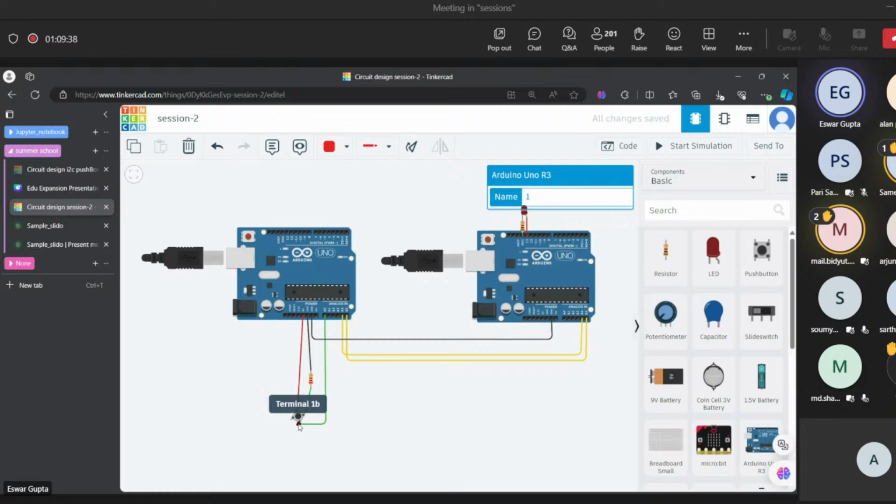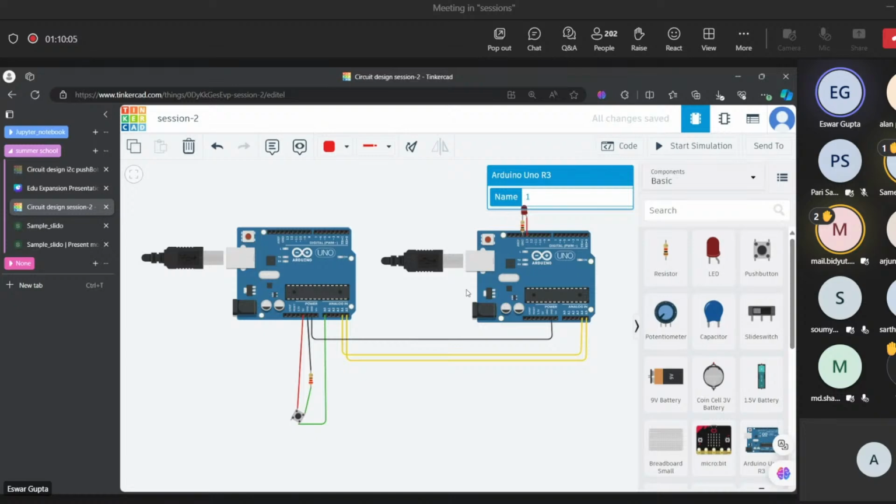So I'm using this terminal 1B and transferring the data to A0. This is what the push button does. Okay. And after that, I am connecting the ground of the master to the ground of the slave. That is, I'm commoning the ground. So both have the same ground. For suppose if one has 0 and another has 0.2, it might not cause problems in this circuit, but in future circuits it might cause problems when the circuits become bigger.